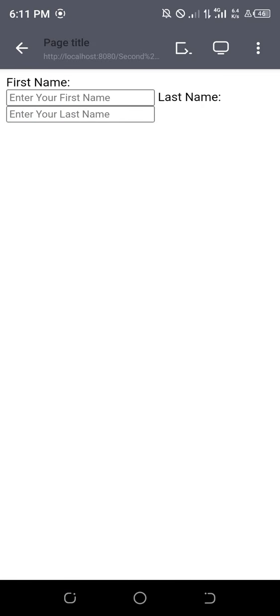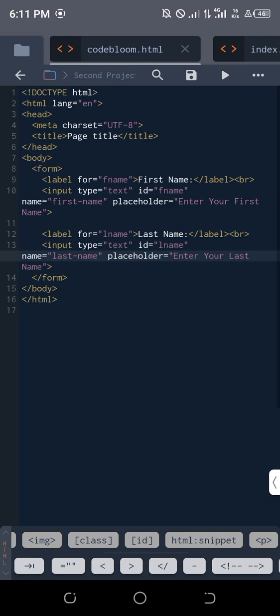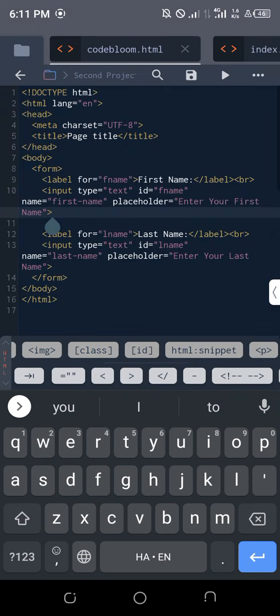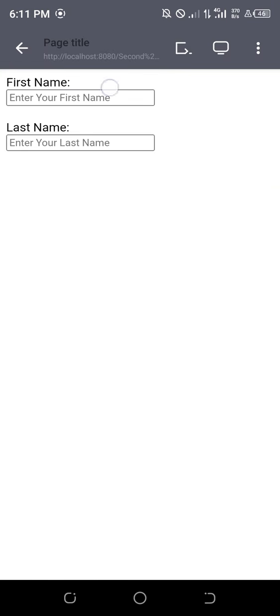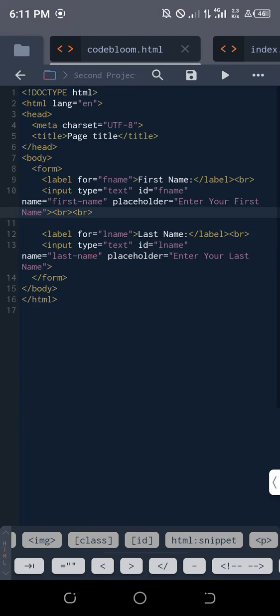So you can see they are stuck together because it is an inline element, it is not a block element. So I need to break them. I'll come to this place and apply a double break so that it will be separate. So now I've applied a double break and they are now on separate lines. So this is where we are going to be stopping. See you in